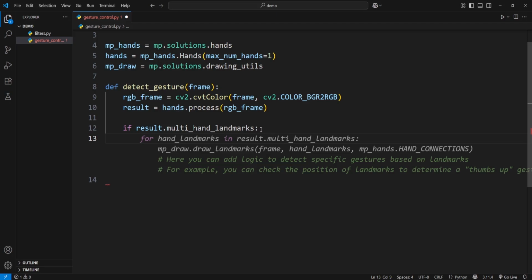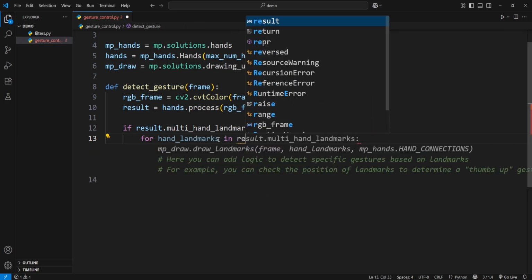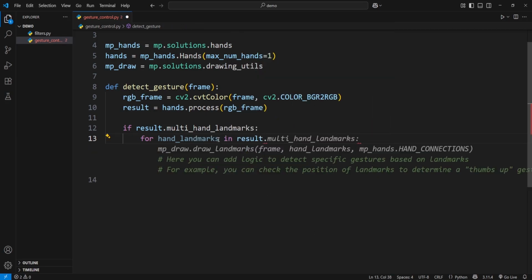This if condition means if one hand is detected, then inside the if condition I'm going to run a for loop. So I'm going to type for hand_landmarks in result.multi_hand_landmarks, then inside this for loop,